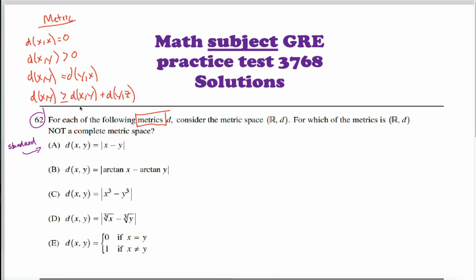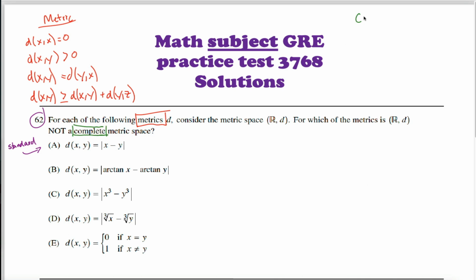As long as we satisfy these 4 criteria, we have a perfectly legitimate metric. Not a horrible idea to convince yourself that each of these different functions does in fact define a metric, in other words, satisfies these 4 criteria, but you don't have to do that because they kind of tell you that in the problem. We're not trying to figure out if these things are metrics. What we're trying to figure out is which of these things, when used as a notion of distance with the real numbers, defines a complete metric space.